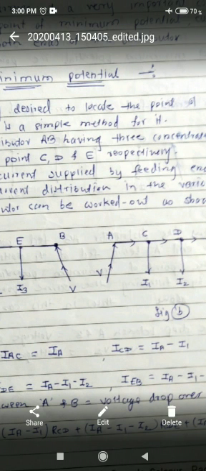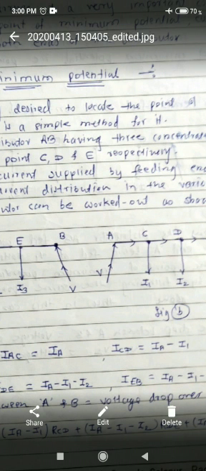The voltage drop between points A and B is equal to the voltage drop over AB. So just put in the values. The voltage drop between A and B, that is VA minus VB,